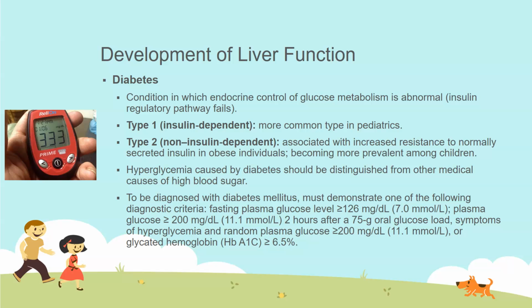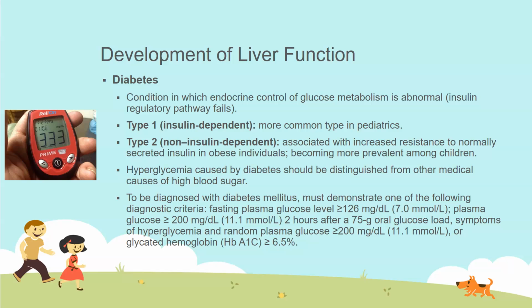Hyperglycemia caused by diabetes should be distinguished from hyperglycemia from other medical conditions. So you have to investigate if there is hyperglycemia in a child. To be diagnosed with diabetes, you have to demonstrate one of the following diagnostic criteria. The child either has to have a fasting plasma glucose above 126 milligrams per dL, or a random plasma glucose that's above 200 milligrams per dL,